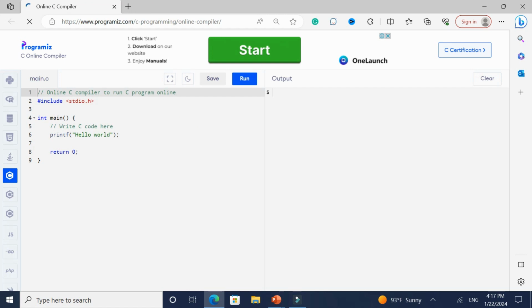Okay, so this is what the first Hello World program looks like. Now, since it's the first program, you can go ahead and memorize or practice